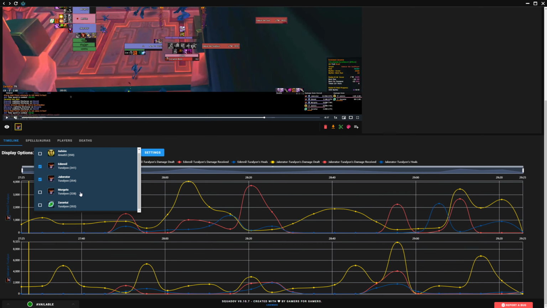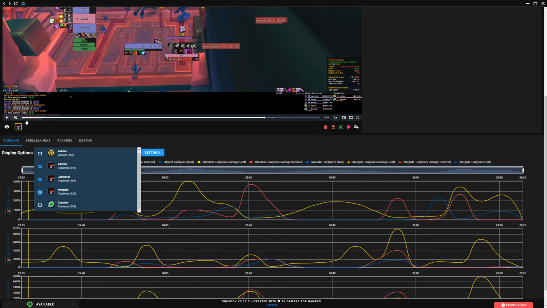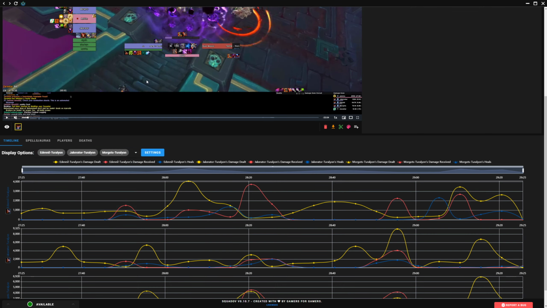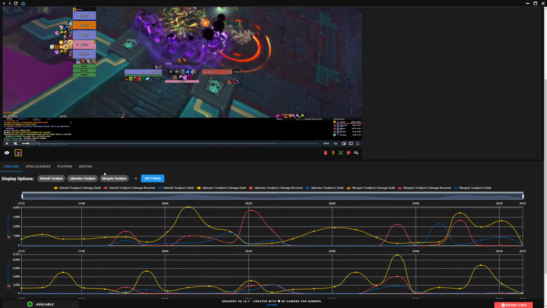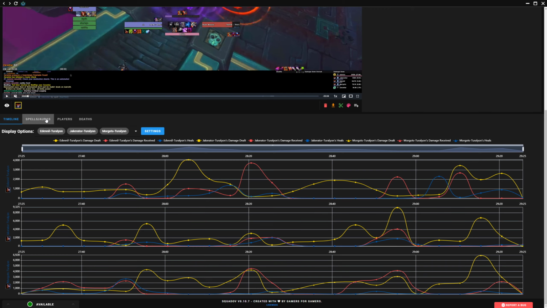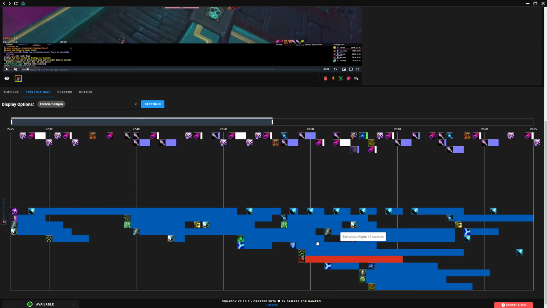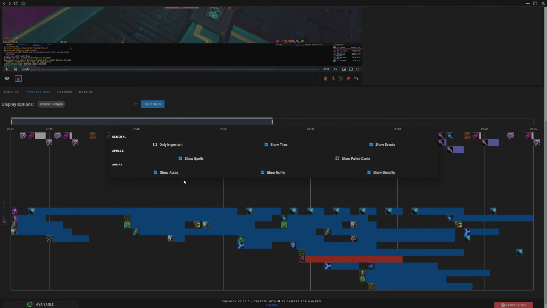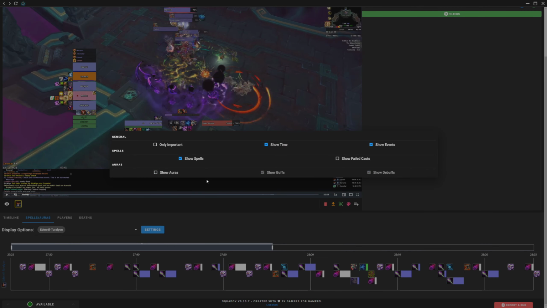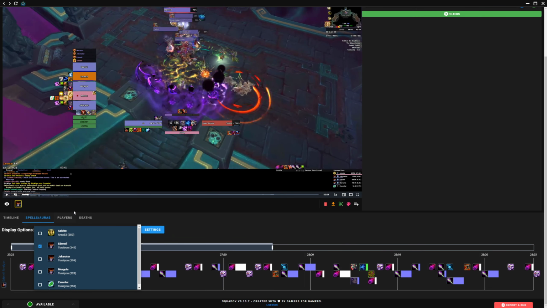So I did this when comparing keys with Glacia. I compared this very first pull, and I put up Glacia and me, and I went to spells and auras. It shows a lot of auras. The UI isn't quite as nice as looking at it on Warcraft Logs, but it's still nice. So I'm gonna get rid of the auras just to make it a little bit cleaner,